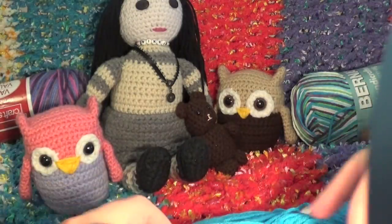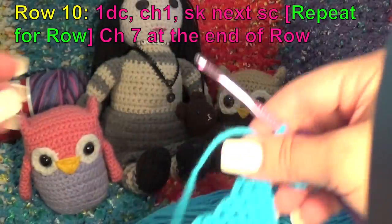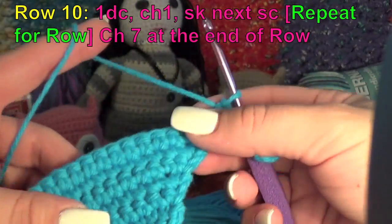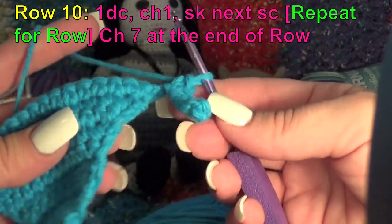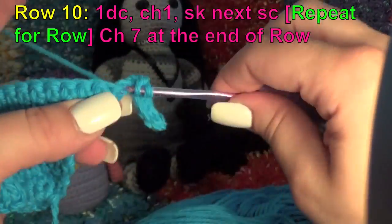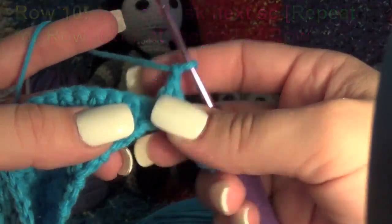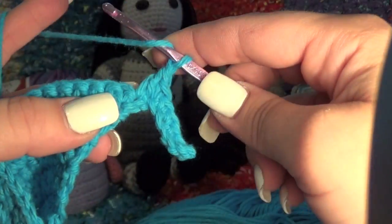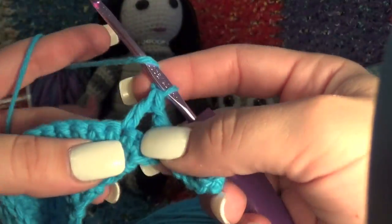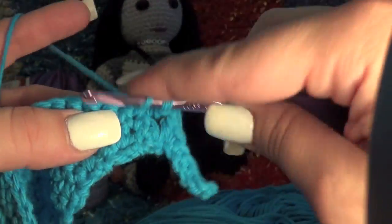So let's give it a little frill. This is pretty much the last row for the most part. So let's give it a little frill on this last row here. So let's do a double crochet, chain 1, skip 1. Yeah, skip 1. A double crochet, chain 1, skip 1 stitch,